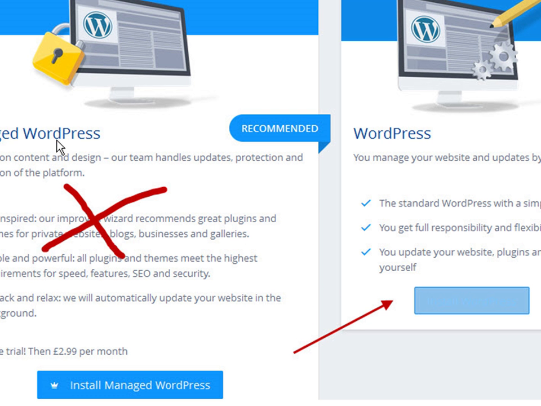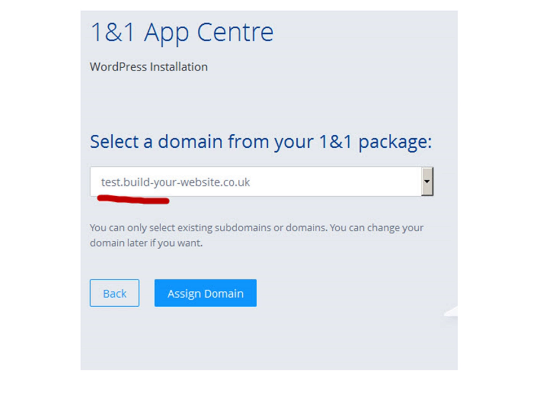Okay, now we're going to choose between a managed WordPress and just simple WordPress. Now this one, if you look down, it actually costs you an extra £3 a month, and you don't need this option even though they recommend it. We're going to go to the do-it-yourself option, so we click on this option over here. We select the domain, and I'm going to select my test domain,